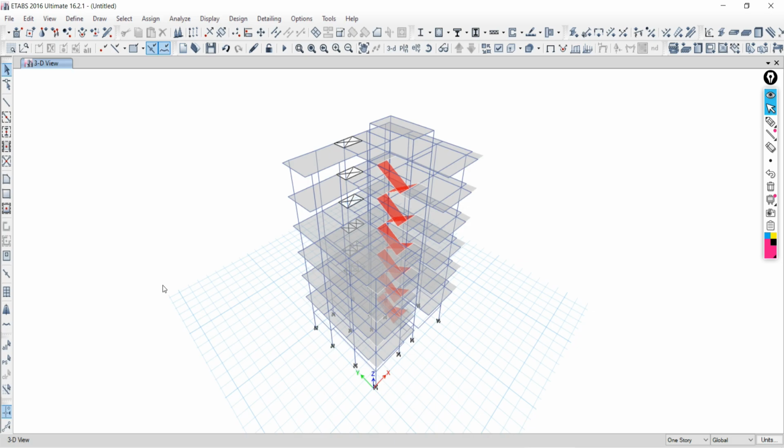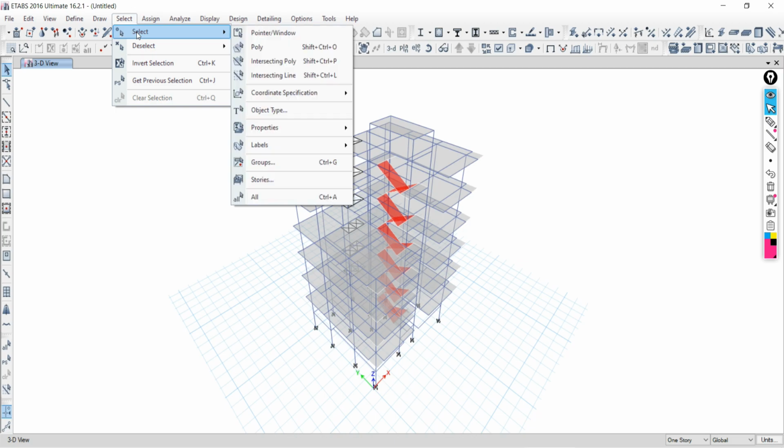Now I want to select all the columns. How can I do it? Go to select, go to object type. Object means structural elements like beam, column, slabs, joints, openings and all.